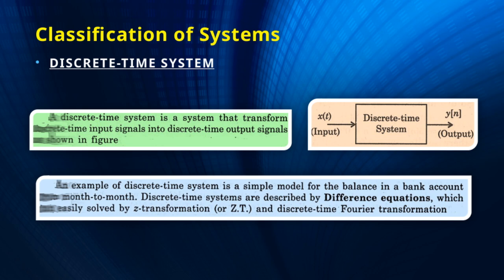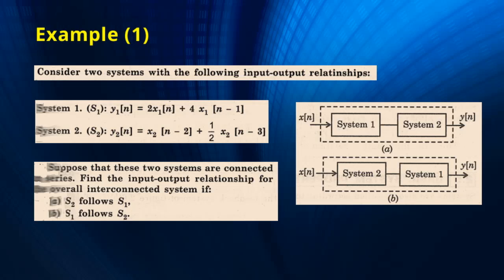For example, digital computers inherently work with discrete signals, so knowing whether a system is discrete time helps determine the appropriate methods for analysis and implementation. So, to sum up, the classification of systems into discrete time and others helps us grasp their fundamental nature and guides us in choosing the right tools for analysis and design. This concept is a key building block in our overall understanding of system behavior, especially as we move towards more complex digital systems.